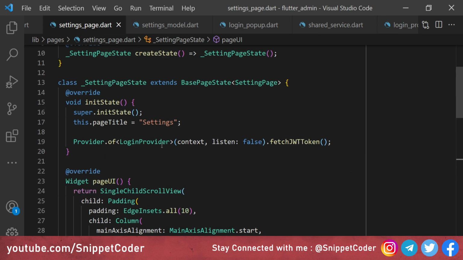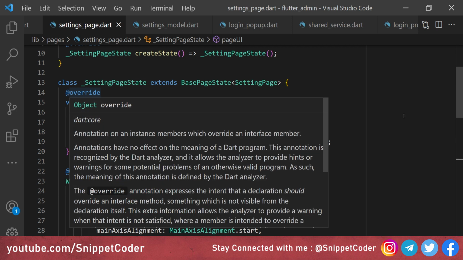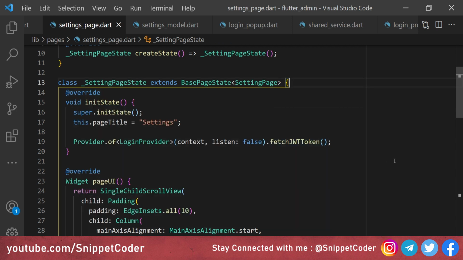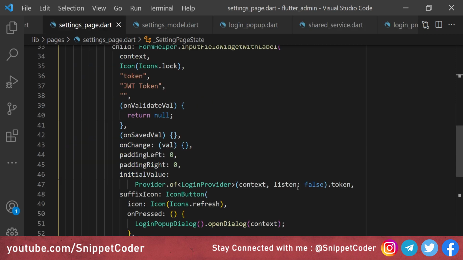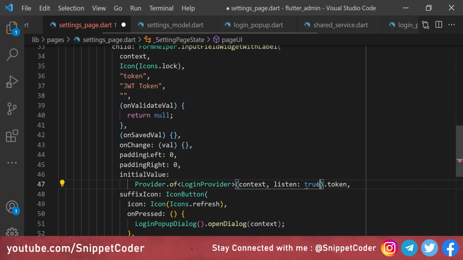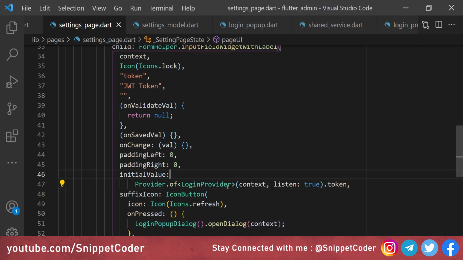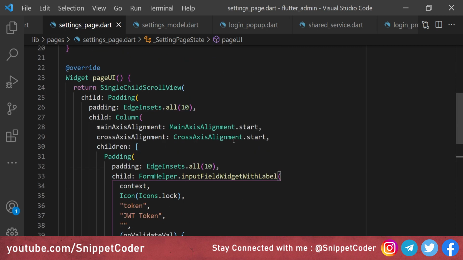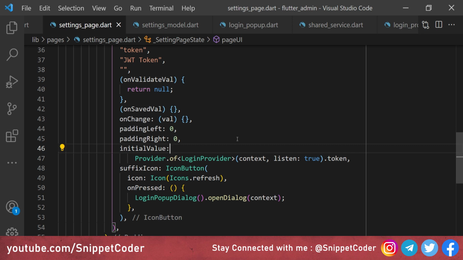So what we are doing on the page load is just calling this fetchJWTToken. If that token is saved in our shared preference, then it will fetch it and save it into the token variable, and here we are just calling this token, and we are making listening true, so that if there is any change in the token value, it will give us the latest value.